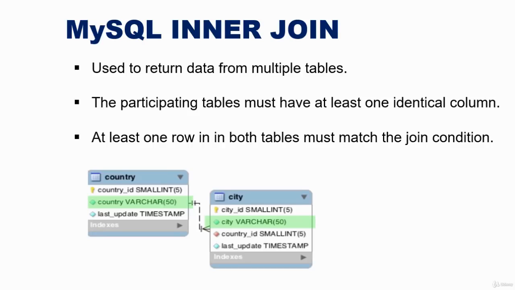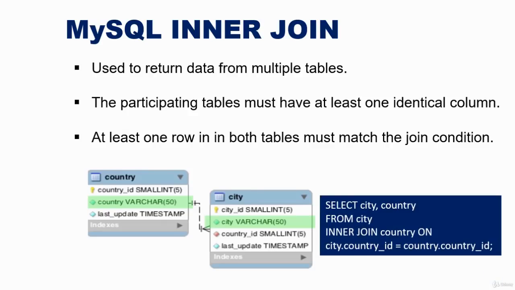If we wanted to select data from the two highlighted fields, that is the country and the city, we could run a query that looks like this. So this is the typical query we would run in order to select data from the country and the city column. In the query, we are using an inner join, and the inner join basically will be used to display a list of cities alongside the country